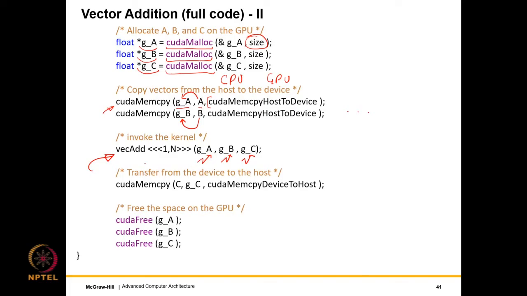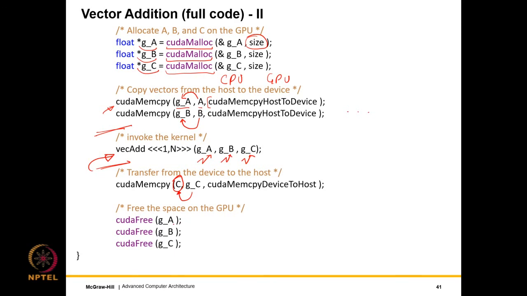Once the kernel is done, it will finish its execution. This is the only GPU part and this is what exactly the stub function will refer to in the compilation process. Finally, we transfer from the device to the host. No problem, we do that. From the device, we transfer it back to the host, which means the host, the CPU, has the contents in the array C.